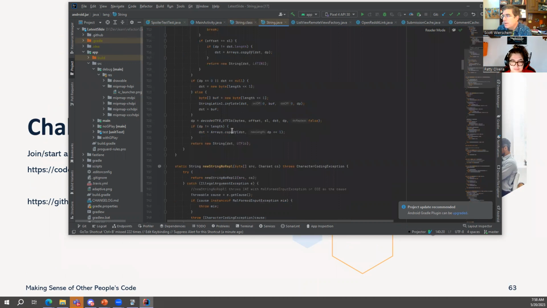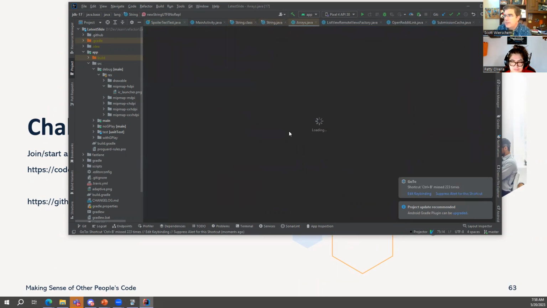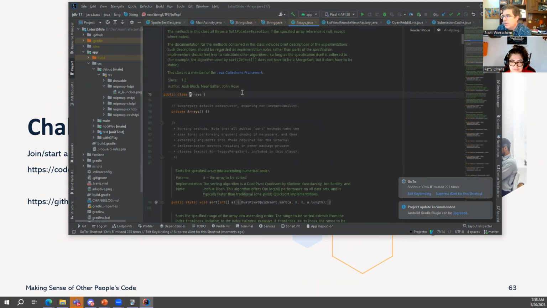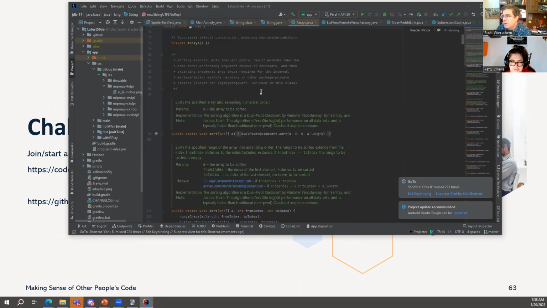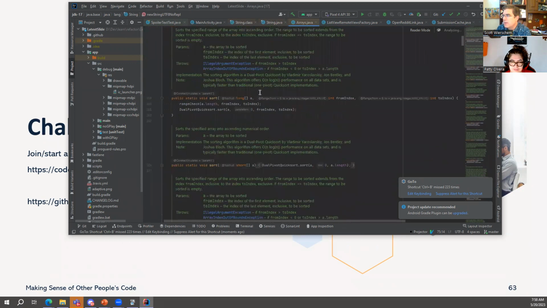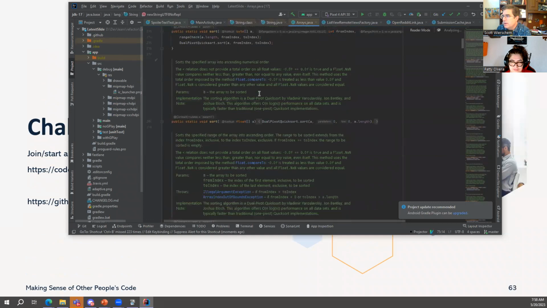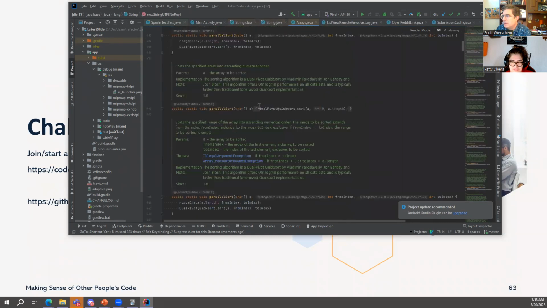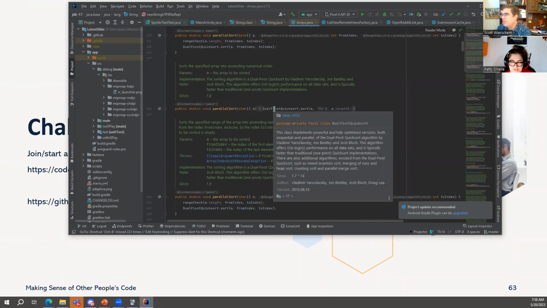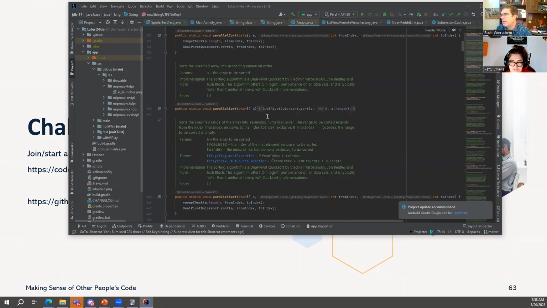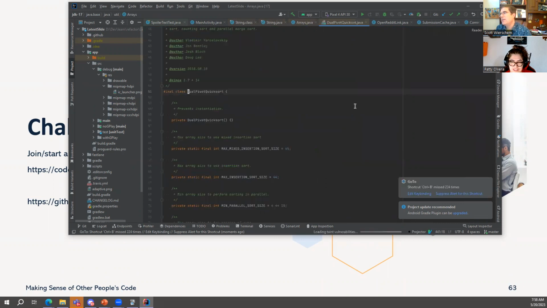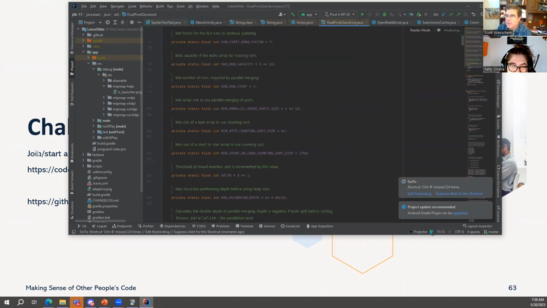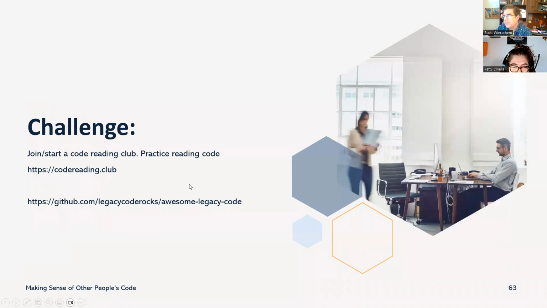If you look at Arrays, what does Arrays do? That was created in Java 1.2, and it's got a whole bunch of different things. It's got the ability to sort arrays. It's got parallel sort, and that uses a dual pivot quicksort. I had no idea that even existed. So let's dig into that. So you spent all day digging through the code. Mm-hmm.